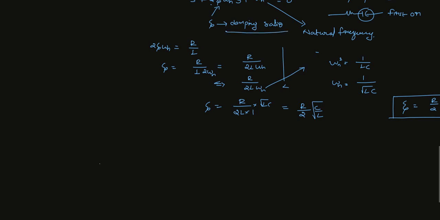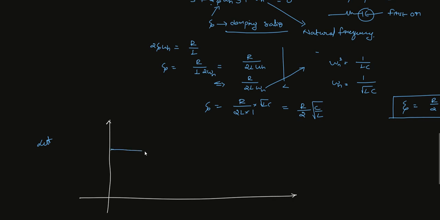So what it indicates, let us see. Let us take one system which is having a response like this. These things we will study in control systems as well, so I am just giving a short introduction here. So this is my steady state output. Not the input, this is the steady state output. Let's take output as C of t.